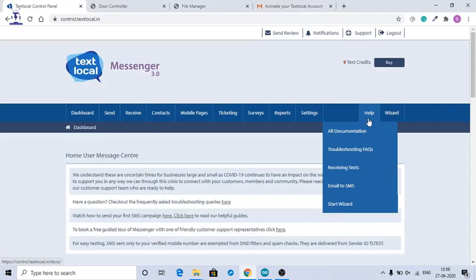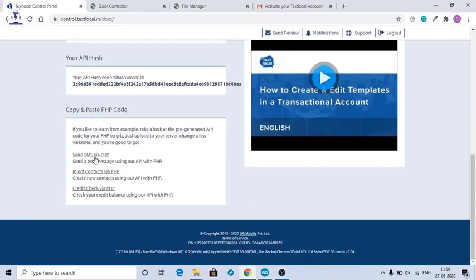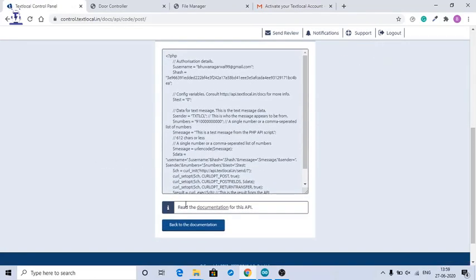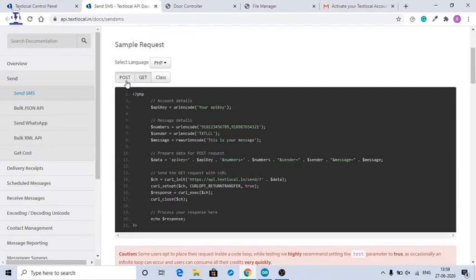Now we need to go to help and click on all documentation. You need to go down and find send SMS via PHP. Open that link, go down, click on read the documentation for this API and we'll use the GET method. Here is the POST method and the GET method, but we'll use the GET method. So we'll copy this code,